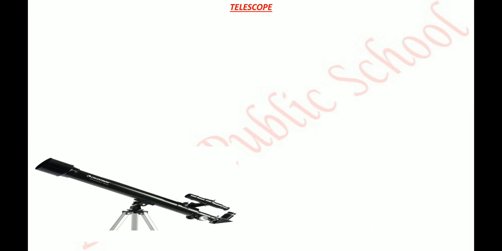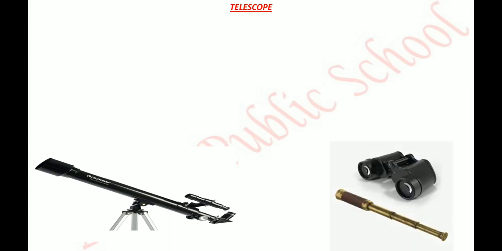First of all, what is a telescope? You must have seen this picture. You may have seen this thing in movies or on TV, or maybe if you are lucky enough, you have used this also. This is what a telescope is. If you have not used this one, then definitely in your childhood you have used binoculars. Basically, binoculars is also a kind of telescope only. So a telescope is something which enables us to look at objects which are very distant from us.